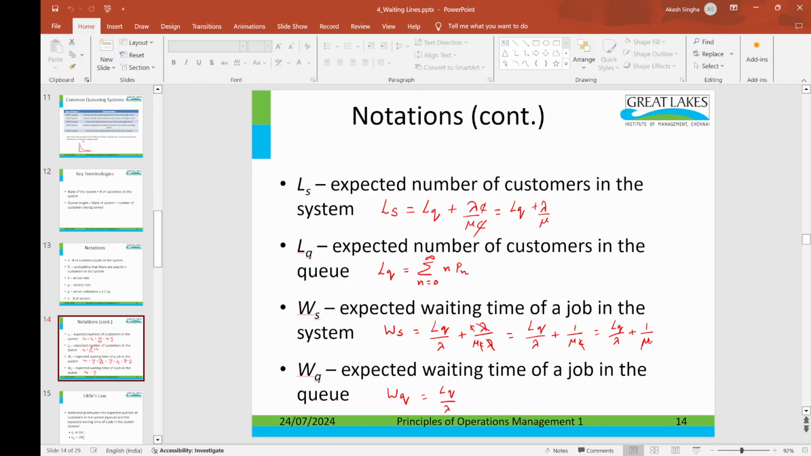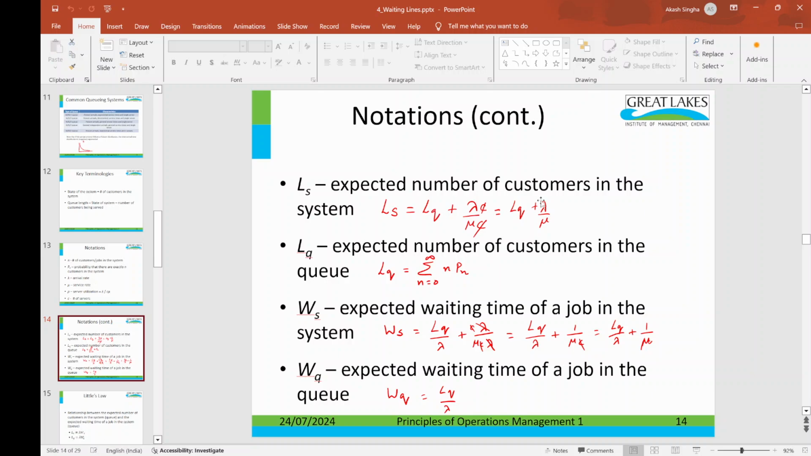Expected number of customers in the system. Let's say it's a car wash facility where some cars are being washed and some cars are in the queue. So the expected number of customers in the system will be how many are in the queue plus how many are in service. So LQ gives the number of